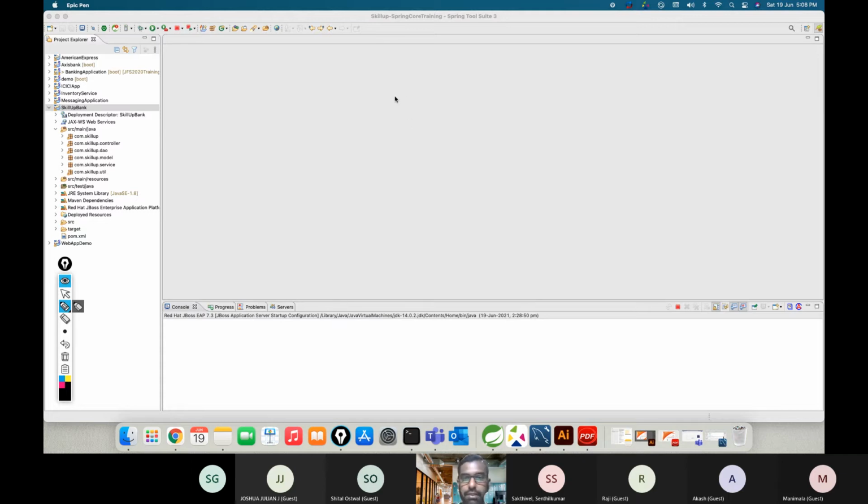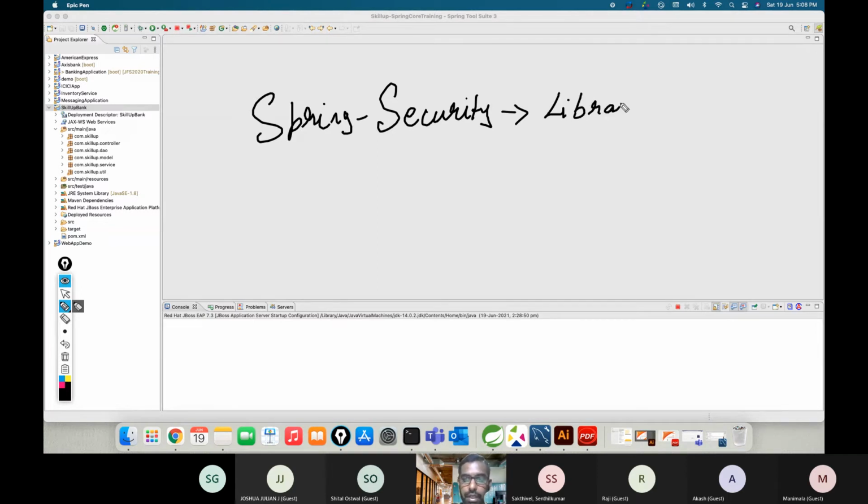If you look at the security point, we have a library called Spring Security, and we'll be using that library in order to add the security features into our web application. So that's number one. By adding the security library, what we are going to do on top of that is